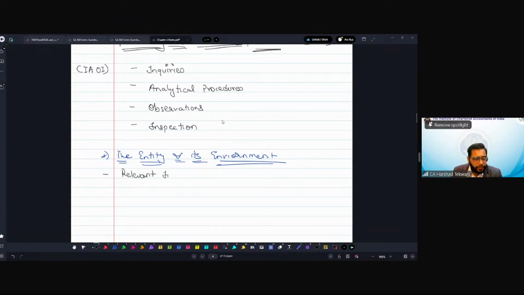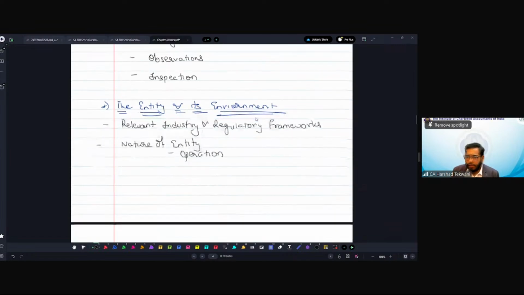Relevant industry and regulatory frameworks applicable to the company. Second, you need to understand the nature of the entity by understanding the operations, like what they manufacture basically, ownership,